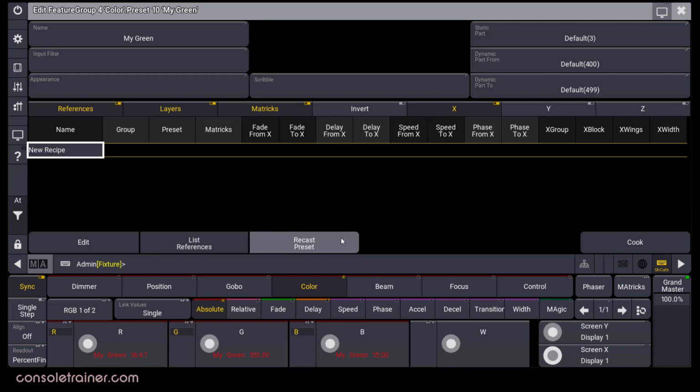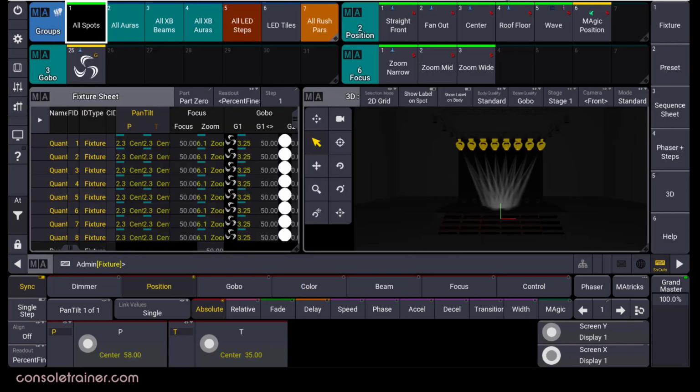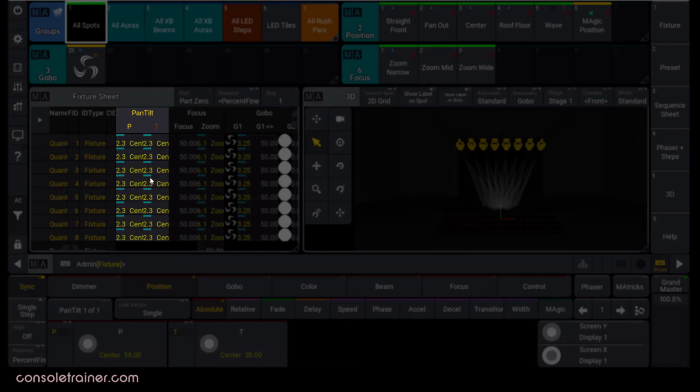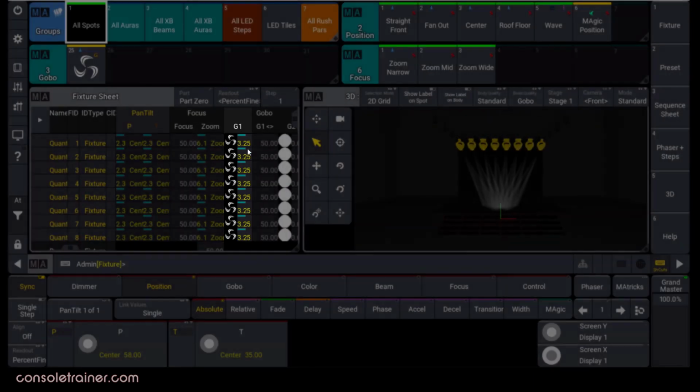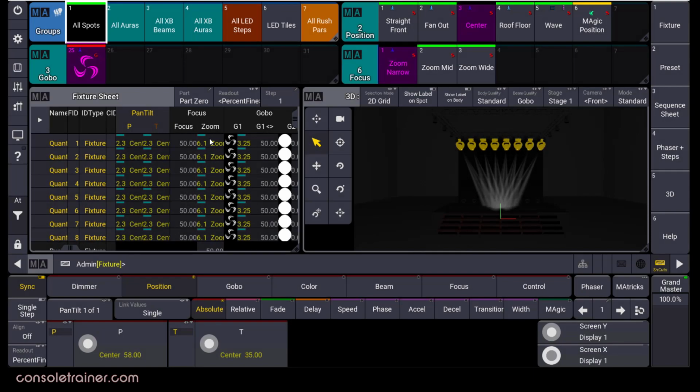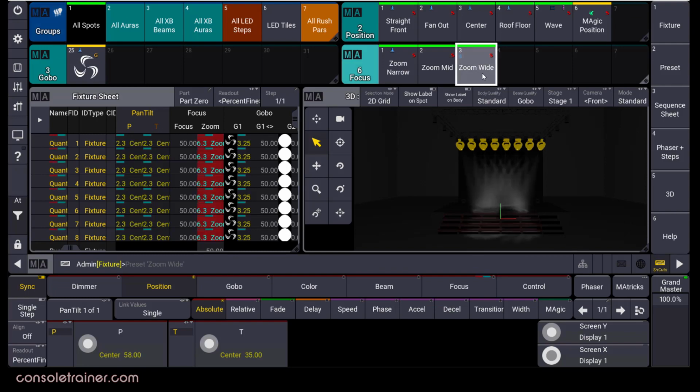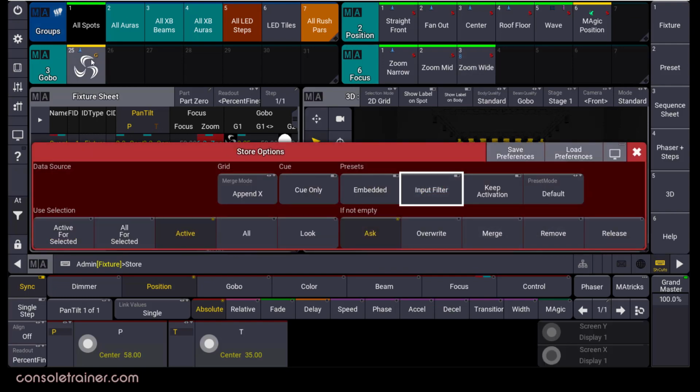Because it's designed to update your cues, it can overwrite other data. In fact, in this version of software, if you add a channel to your preset and recast it, it will recast the new data to your cues even if those attributes already had a different preset reference in the cue. Here's an example. I've got a cue where my lights are downstage center in a gobo and in a tight zoom. 3 different presets. Now, let's say in this gobo preset, I want to store a wide zoom value, which I can if I turn off the input filter.